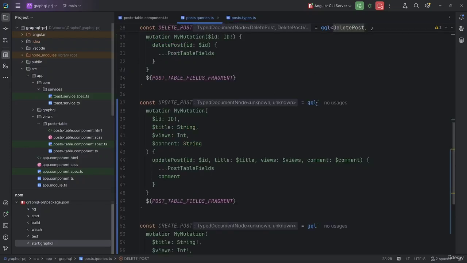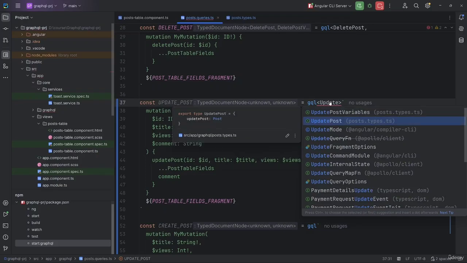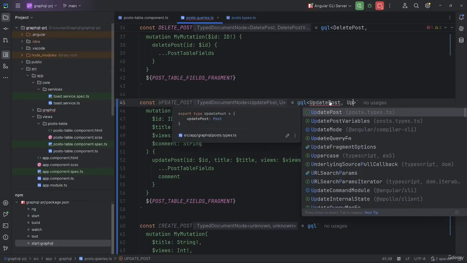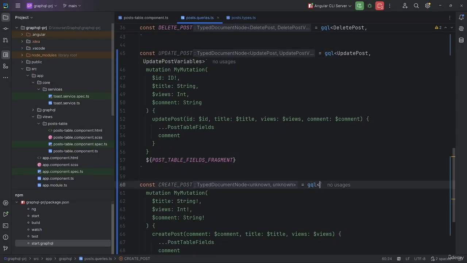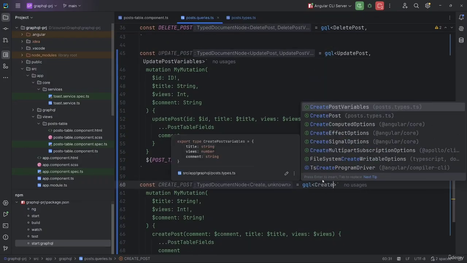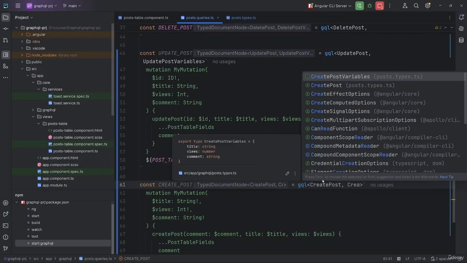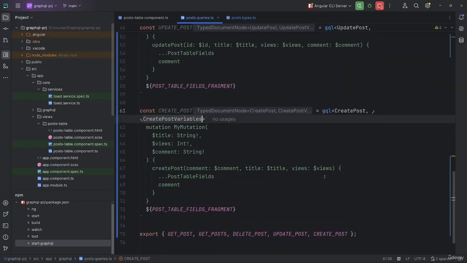posts.queries.ts file. Here, we just need to apply the types that we created a moment ago. Inside updatePost, we'll use the updatePost and updatePostVariables types. And for the createPost mutation, we'll use the createPost and createPostVariables types. This way, we've properly prepared both of our mutations for updating and creating posts. In the next lecture, we'll move forward and start working directly on updating posts, and we'll build a simple form